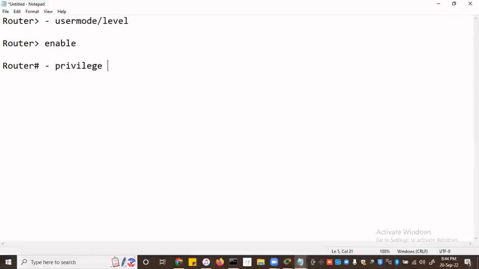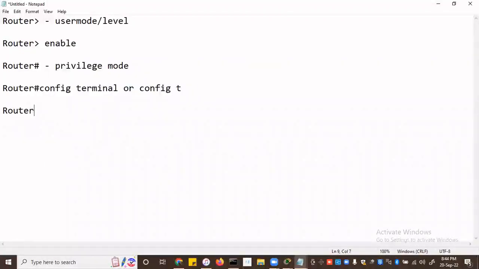Privilege mode. Okay. And if you want to move from the privilege mode to configuration mode, you type config terminal, or config T for short. And that will put you into the global configuration mode. So I'll put you here, Router(config)#. So here you can do a number of cool